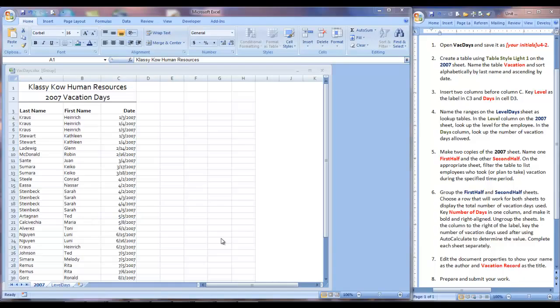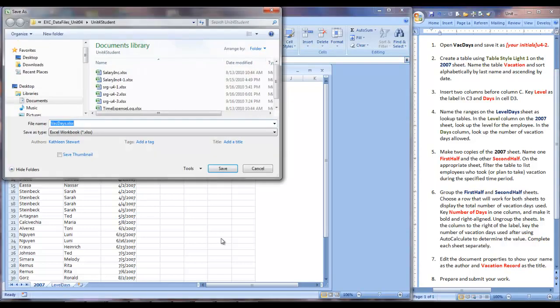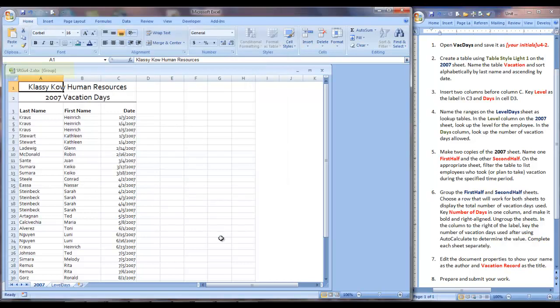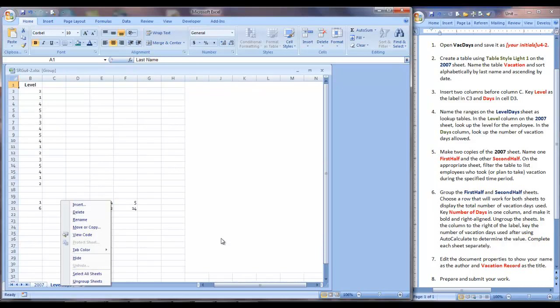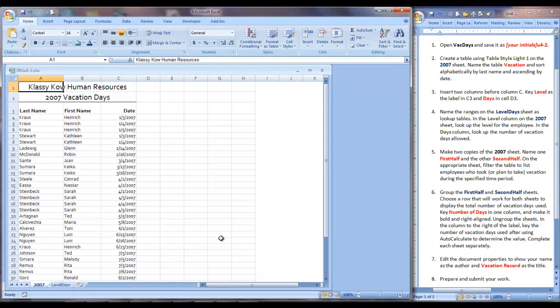Okay, Unit Application 4.2. As you're well aware by now, most of the numbered instructions include several steps. Open VAC days. We are to save it as your initials U42. We're going to start out here, saving our file, naming it, so that has changed here. Now, the files are grouped. I don't know if it opened that way or not, but we need to ungroup sheets and come back to